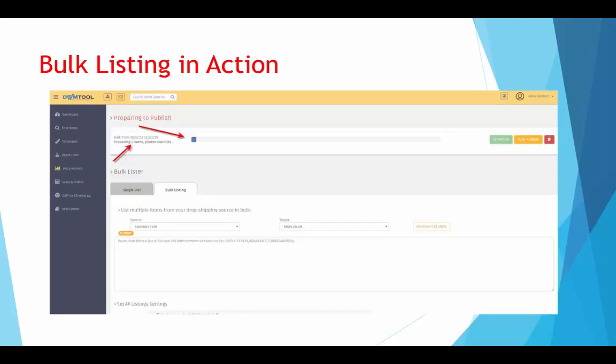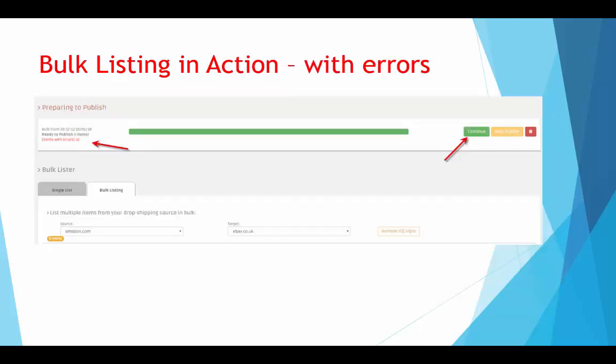Okay, so when you click the continue or submit button, it will be submitted into the system whereby it's being placed into a queue. You can see in this screenshot, basically it's preparing 5 items to be uploaded. And once the status bar turns blue all the way, basically the item is ready to be continued, published or to be edited. As you can see in this screenshot, there are some errors that have been created